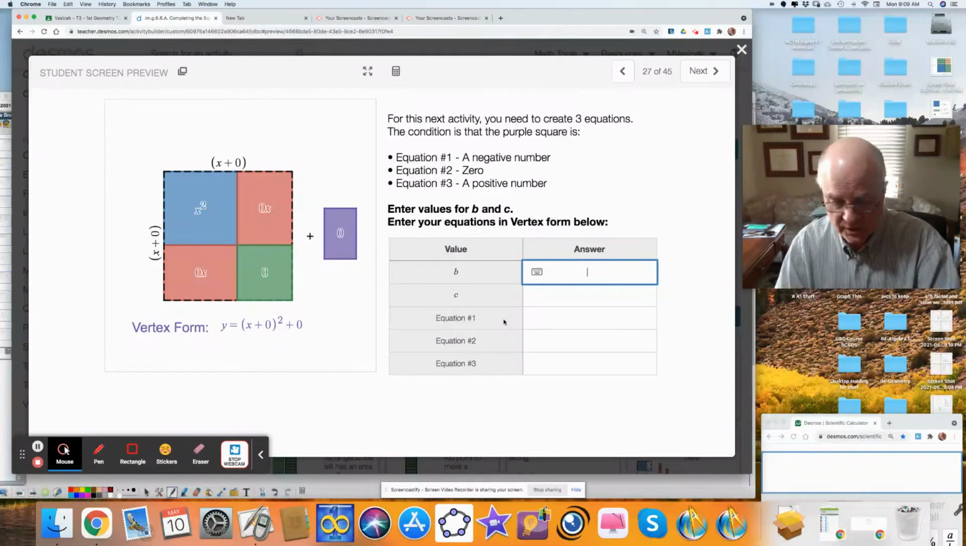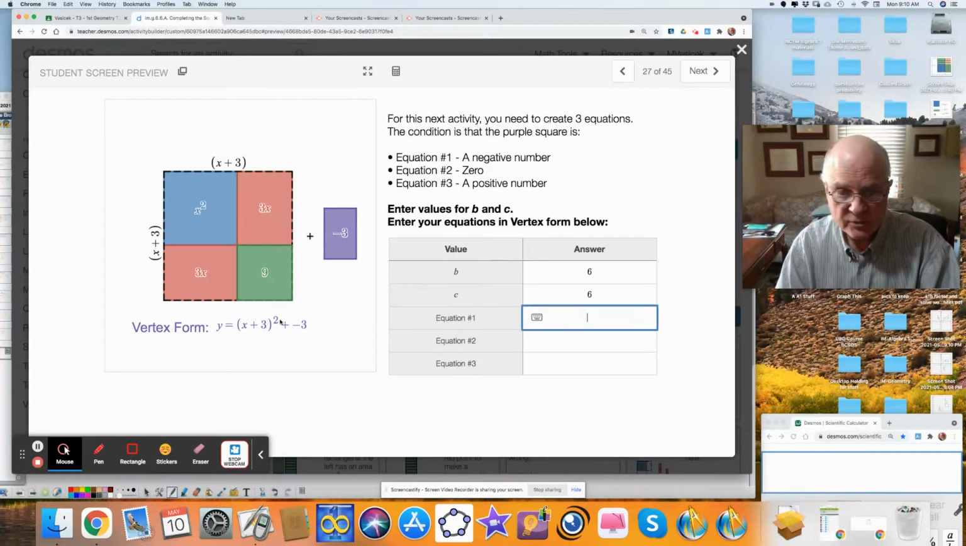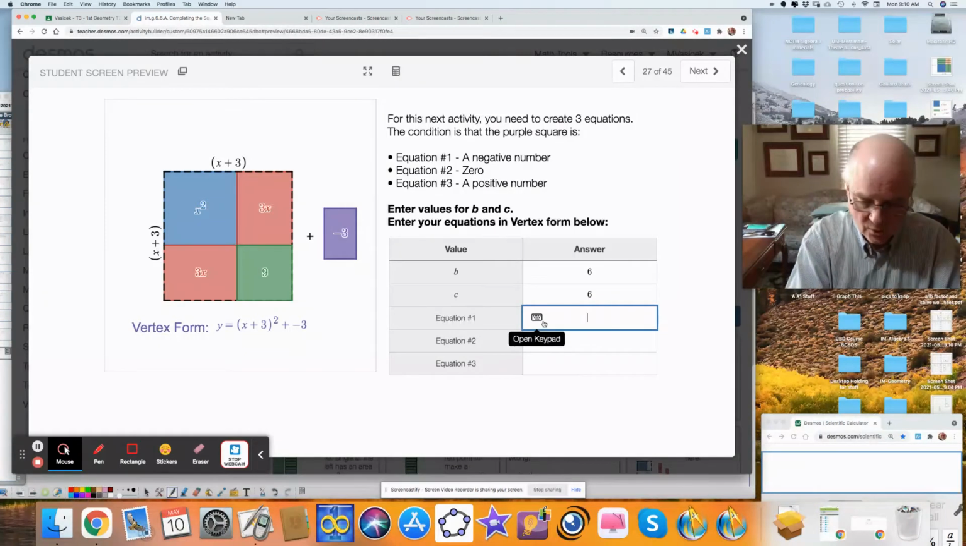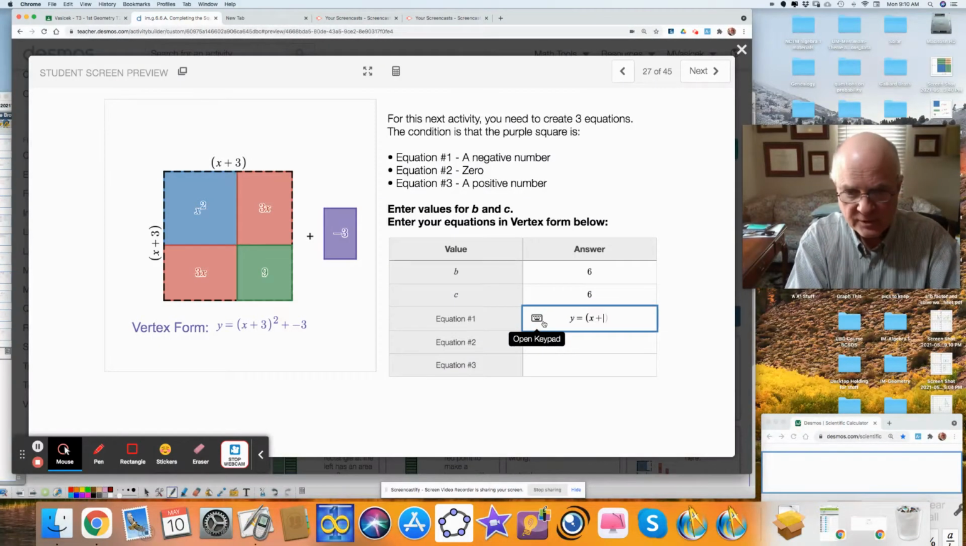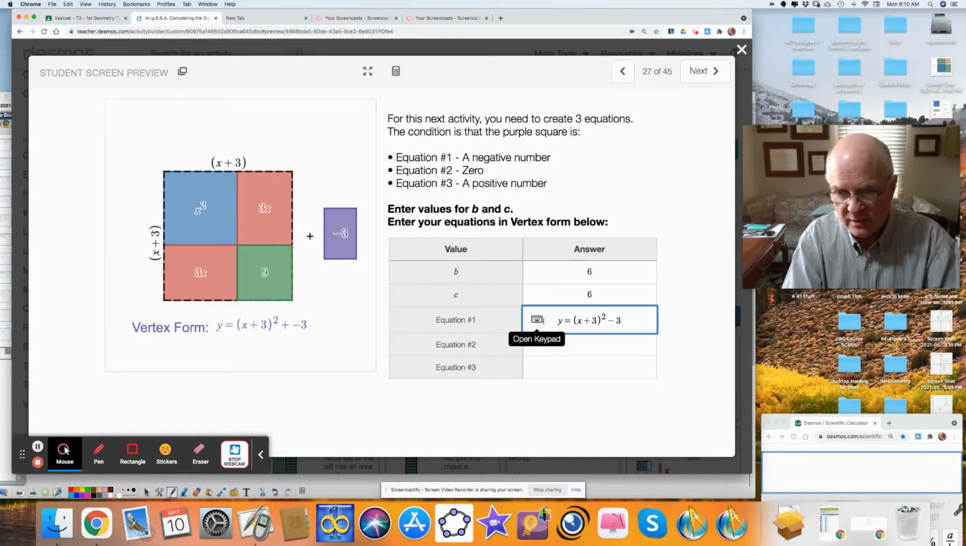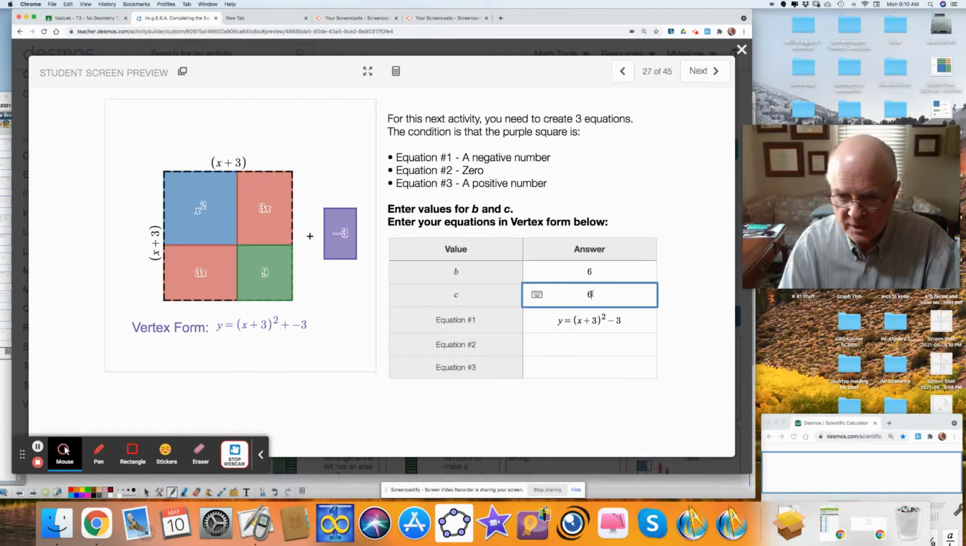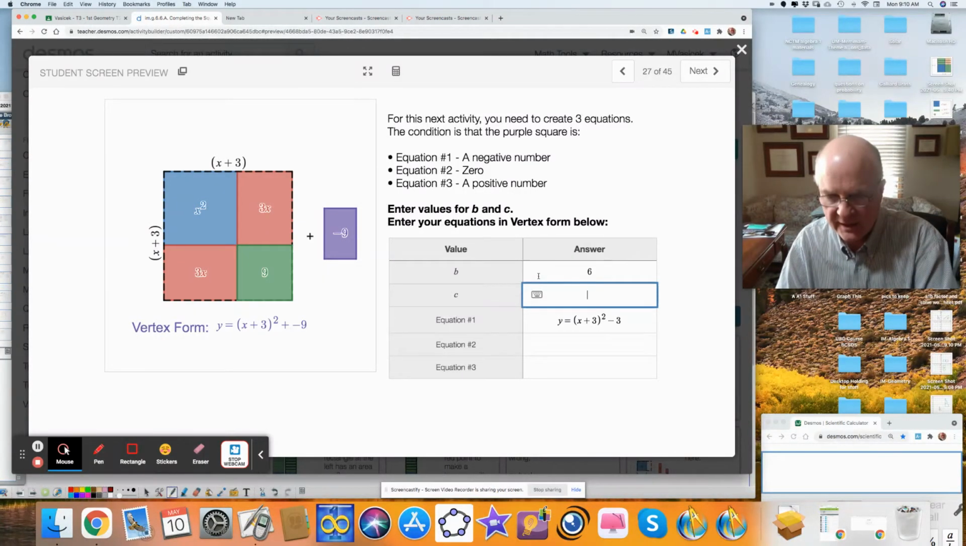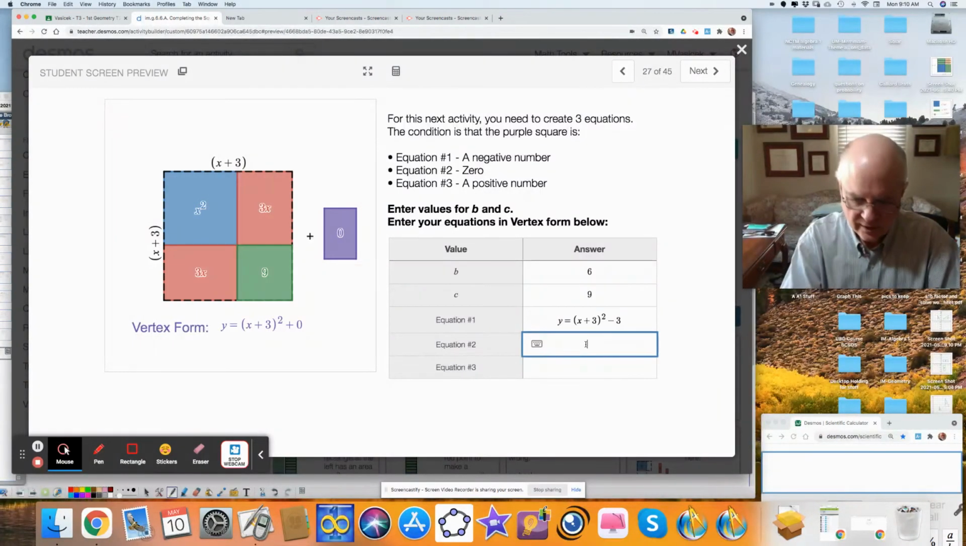So if I do 6 and 6, this would be a negative. So I'm going to type over this equation. I have y equals x squared minus 3. If I change this to 9, I think that's what, if it's 0, 9 minus 9, if I add 9, it would be 0. So I have y is equal to x plus 3,